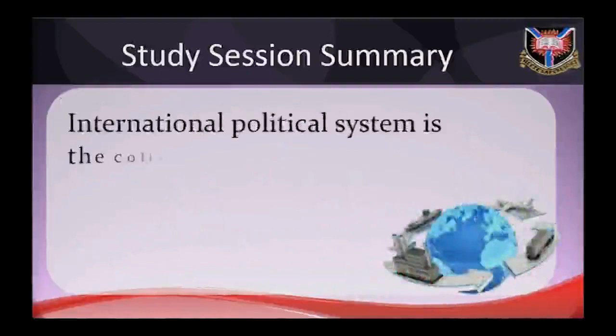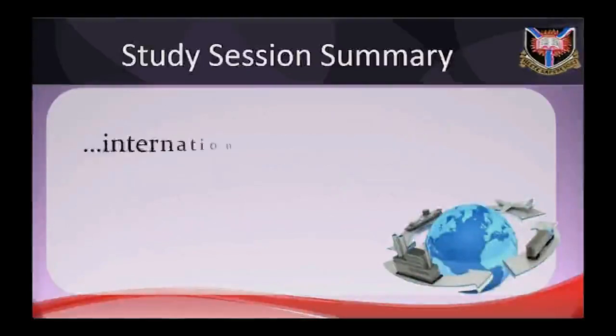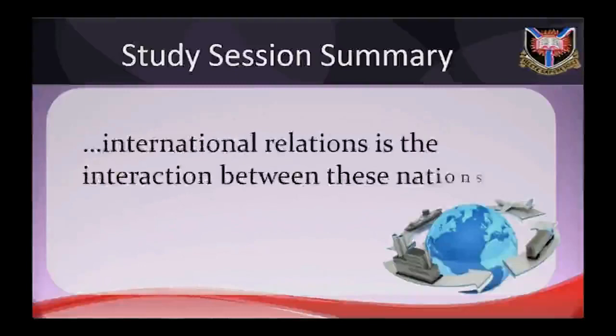We noted that international political system is a collection of sovereign states making up the community of nations, while international relations